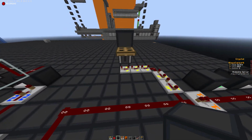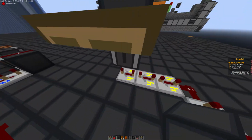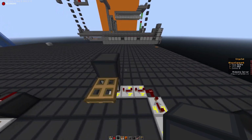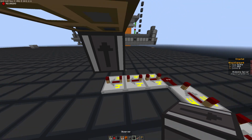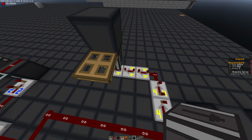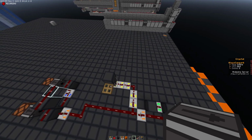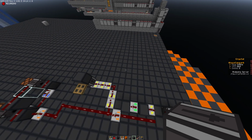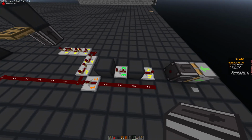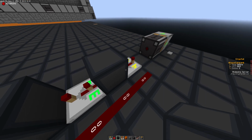And again, what we can also use this for is the boosters as well. So the second that the trapdoors open and close, we want our first booster to be exploding pretty much. So our first booster will go off right after these trapdoors open, and everything goes forwards. And then basically right after the trapdoors open again, your second booster will go off as well. So you can use the pulse extender from your clock here to time out so much